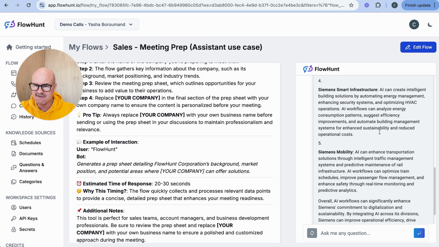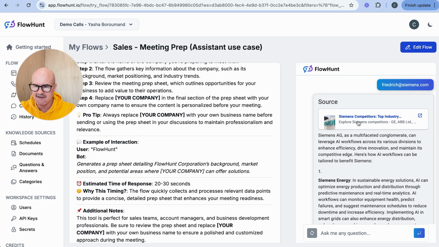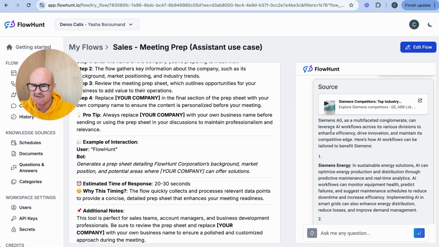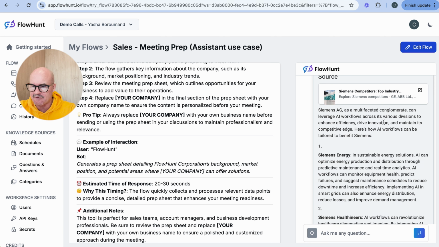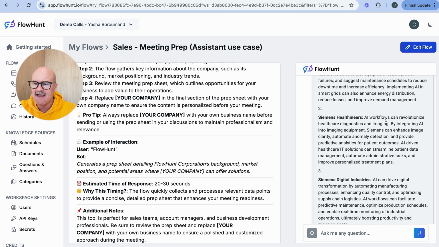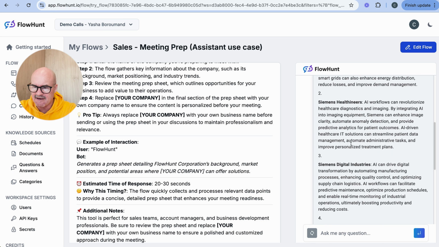Okay, so here we go. So this has given us a very interesting overview here. So look, we've got one source here from Siemens competitors that it's found us, and it's telling us here that Siemens AG is a multifaceted conglomerate, can leverage AI workflows across various of its divisions. And so here we go, and it's given us some ideas. So in Siemens Energy, in the energy solutions, AI could optimize energy production and distribution. We can look at the healthineers. AI workflows can revolutionize healthcare, diagnostics and imaging here, and it tells me how I can integrate AI into that